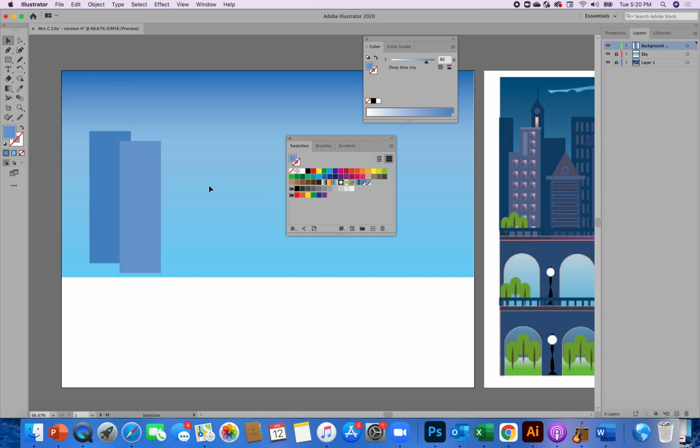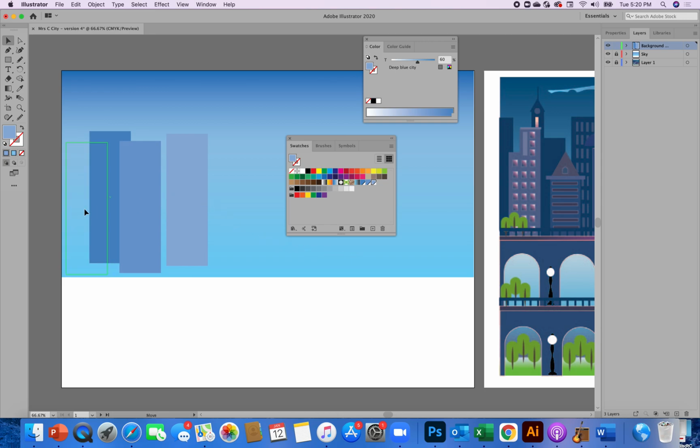And next, I might make one more. And this one might be Deep Blue City 60%. Maybe this will be the lightest of my buildings. Okay, and I want to save that one too. All right, I don't want to be in the habit of having to keep making colors. I will be making more colors, you know, but at least for these buildings I can sort of get things